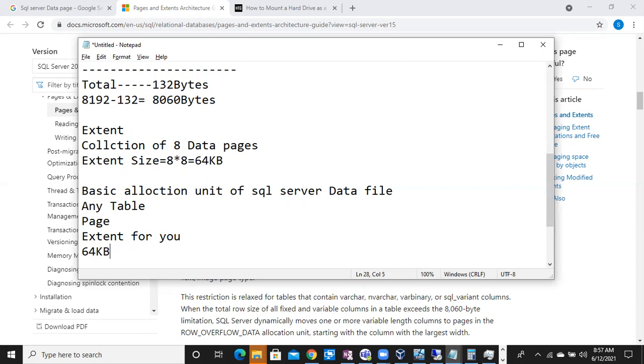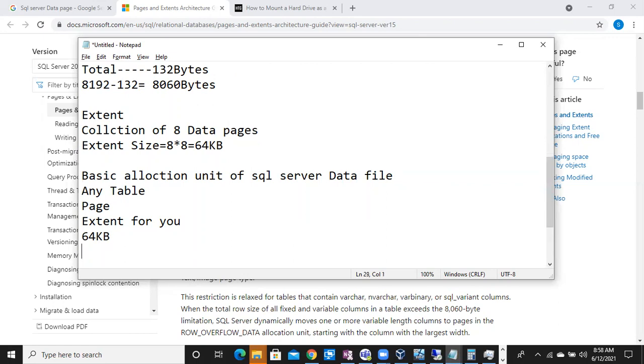An extent is a collection of 8 data pages, and an extent is a basic storage unit. Whenever you are creating any table, SQL Server will allocate a complete extent for you. You can ask, sir, I'm not going to insert any values, or I'm not going to create any more tables.